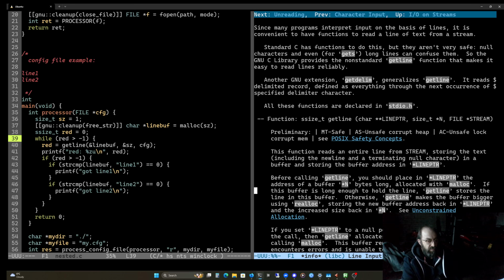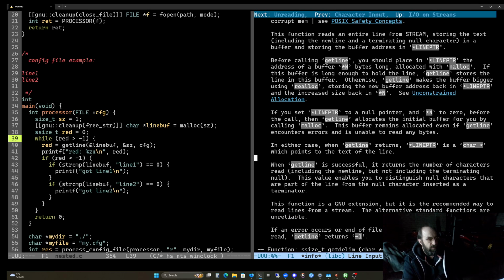If this buffer is long enough to hold the line, getline stores the line in the buffer. Okay, it returns the number of characters read. We're not interpreting. Well, that's very interesting. So you'd expect read to be -1, wouldn't you?